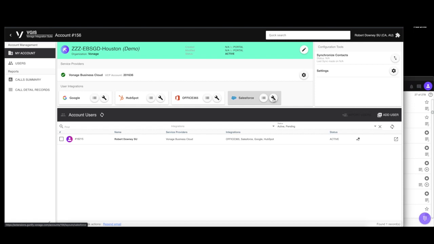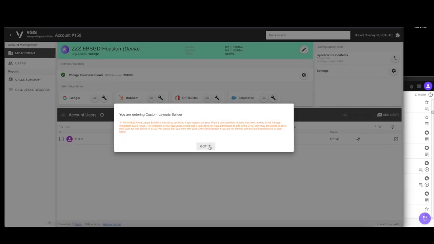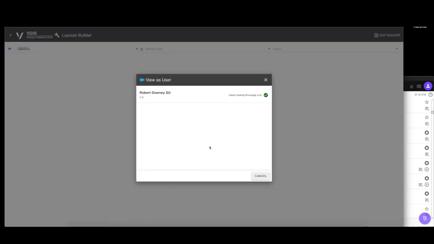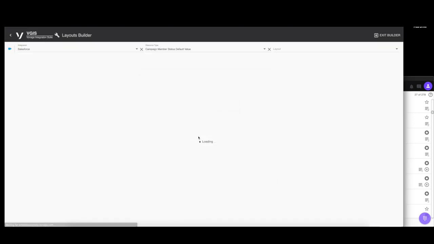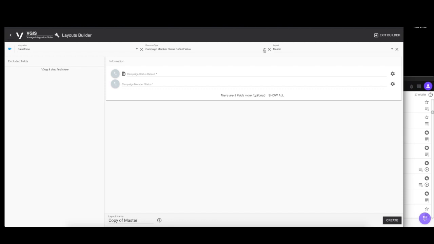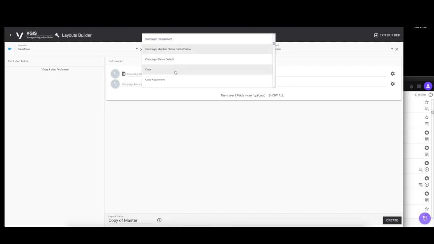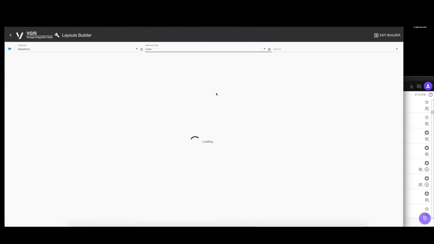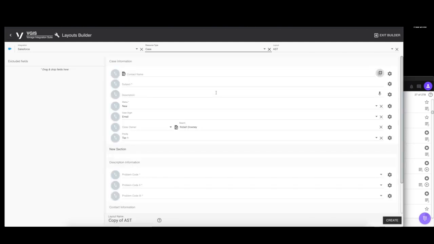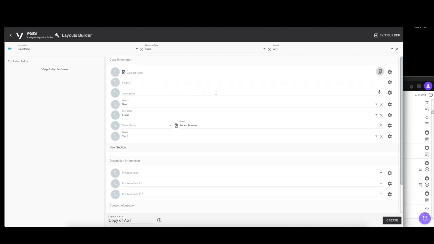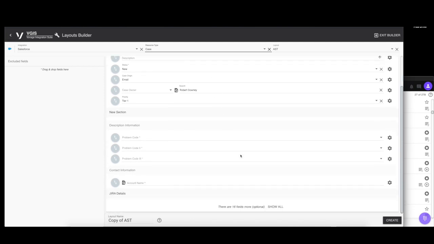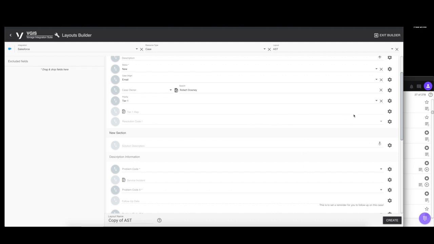The third option is the actual customized builder. Once you've selected from the first 2 groups, you'll go into this group last. This will allow you to actually select from the drop-down menu cases, for example. This will show you all of the information and fields that are available in your instance of Salesforce with regard to cases. From inside this system, I can expand all the fields.